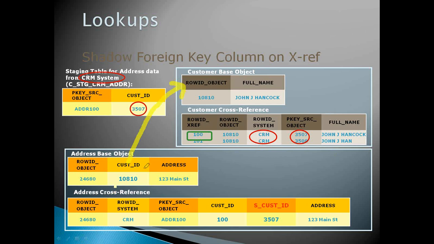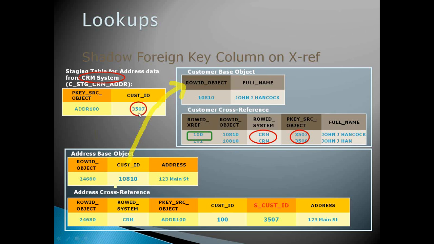I have created this customer ID, or the customer row ID, you can say, column, and I have mapped it with the row ID object of the customer table. In my landing table, I have passed this value 3507, which came into my staging table. The lookup process happens when you do the load process, that is, loading the data from the staging table to the base object table. Before that, it doesn't check whether this value is the correct value or not.